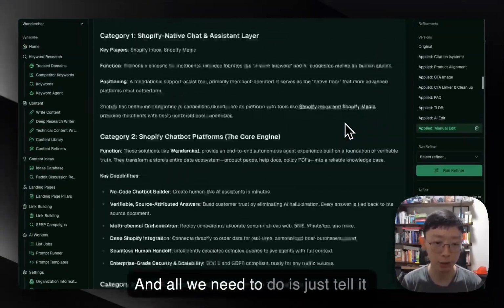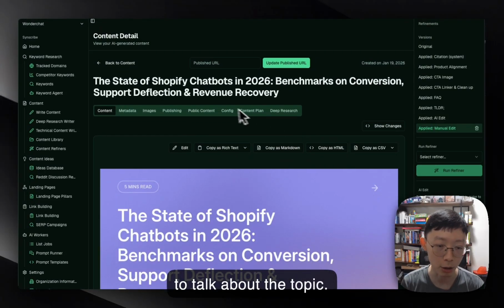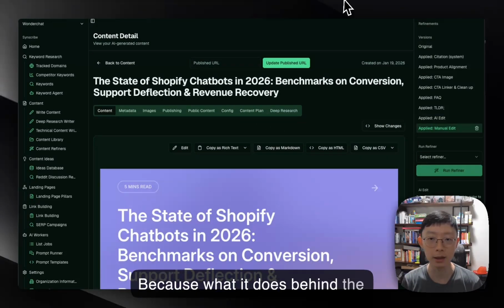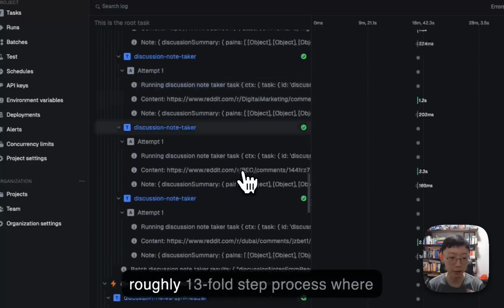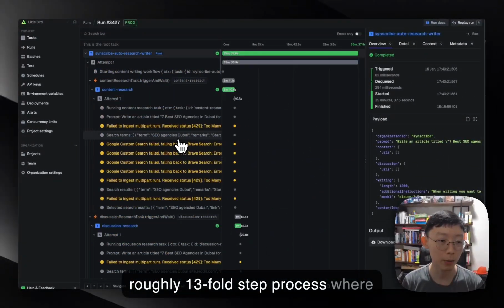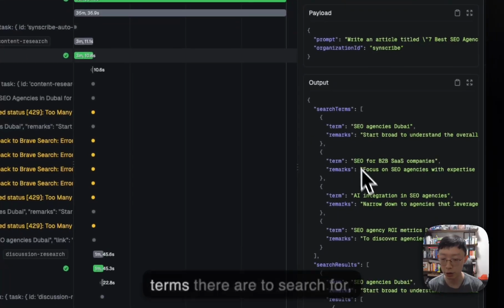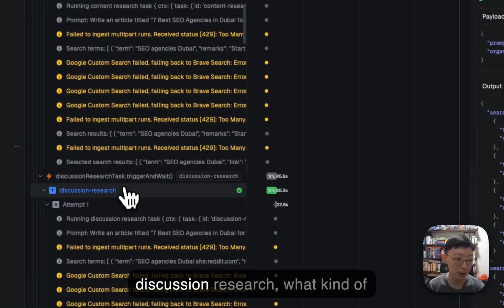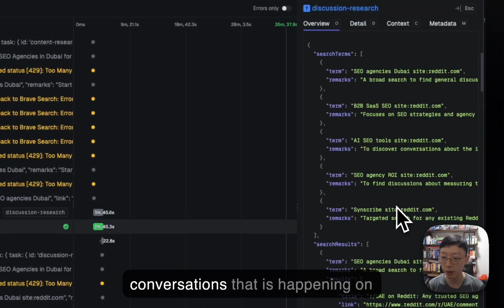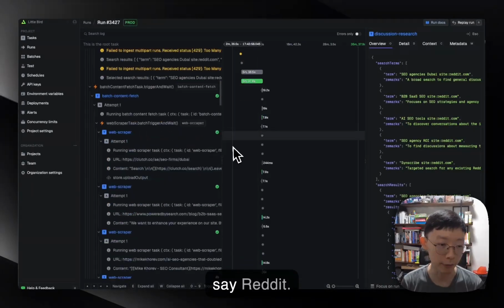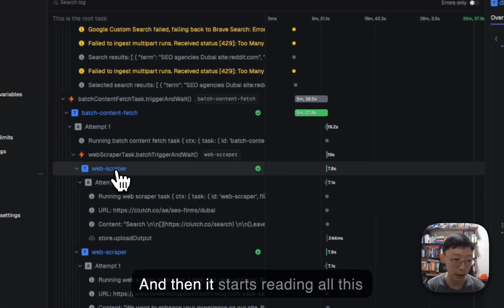And all we need to do is just tell it to talk about the topic, because what it does behind the scene is that it goes through a roughly 13-14 step process where it started off with content research, looking at what kind of search terms there are to search for, right? Discussion research, what kind of conversations are happening on, say, Reddit, and then it starts reading all this